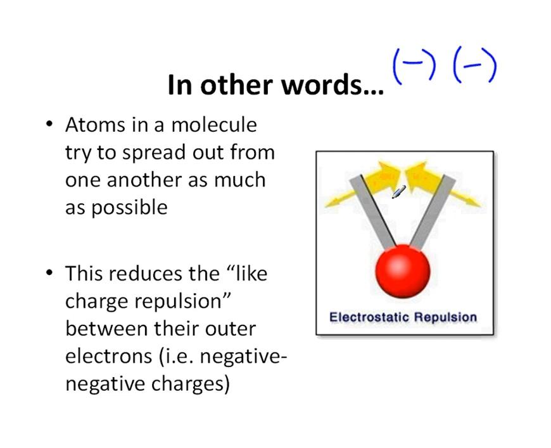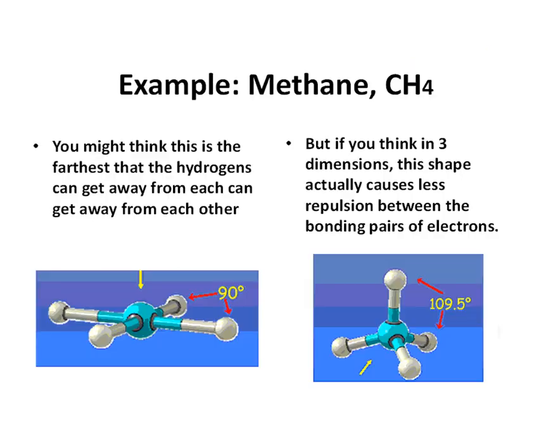So whether they're in bonds or in lone pairs, in molecules the electrons will try to spread out as far as possible to minimize that repulsion. It depends on how many atoms are there and the types of bonds or lone pairs that are involved, but they will spread out in 3D as much as possible to try and stabilize their configuration and minimize that repulsion. So to give you an idea of where we're going, take a look at this example with methane,